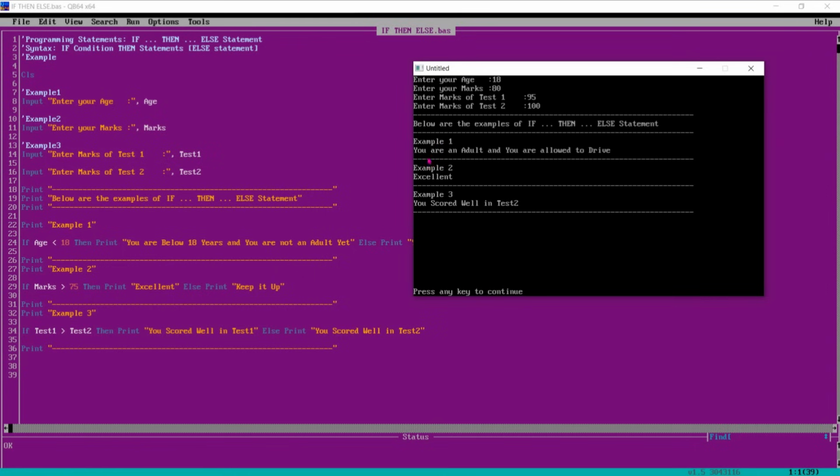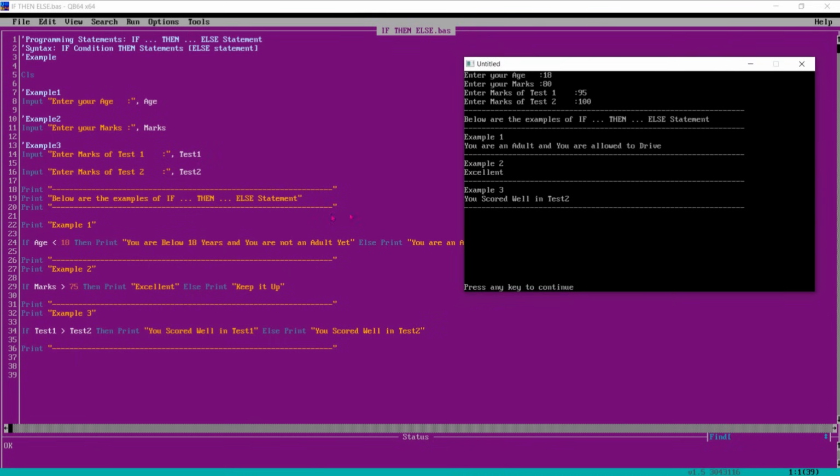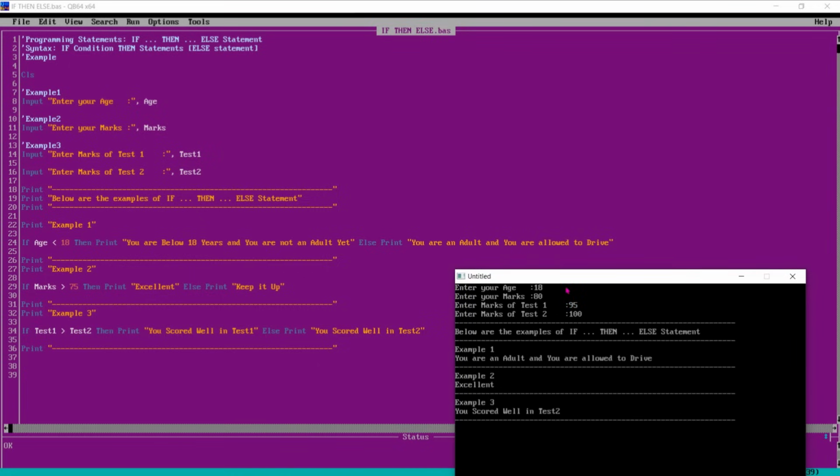So for example, you are an adult and you are allowed to drive, because this is greater than 18, so it is going to this condition. You are an adult and you are allowed to drive. For example 2, marks, because marks is more than 75, so this is excellent.